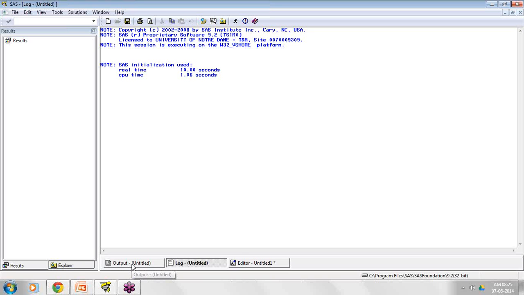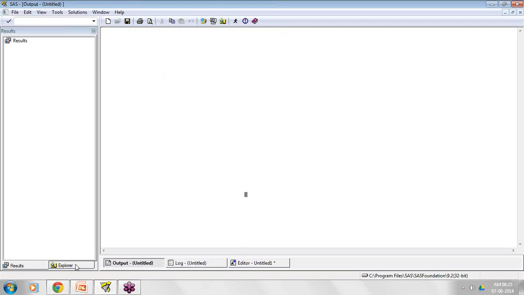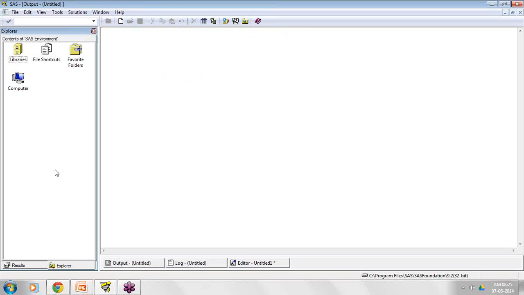In the Explorer window, the programs which I have executed reside, and finally they are saved in the libraries. A library is a repository where the programs we have executed are stored. Broadly, you can see different kinds of libraries here.